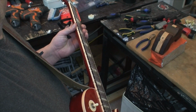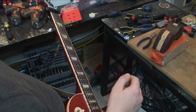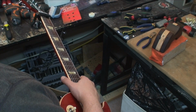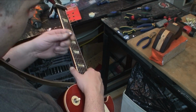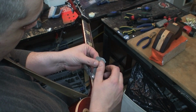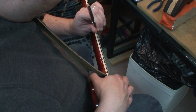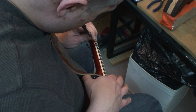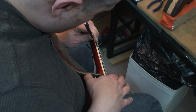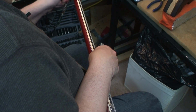Okay, so let's get on with the final checks here, but I have checked this guitar previously because it's been sitting around here for a couple of weeks. So, should be fine. So I pinched at the 17th. Under the 9th fret. Like butter. Beauty. Okay, one last check and that's...